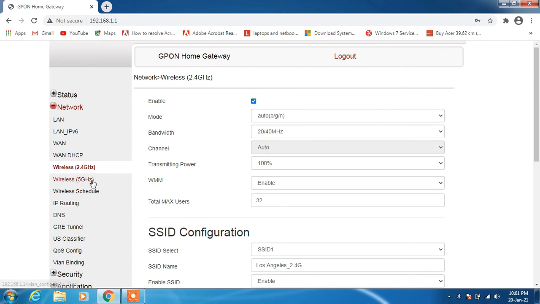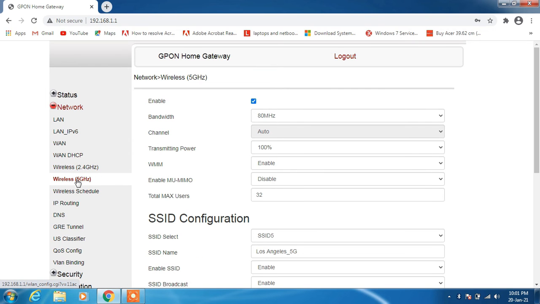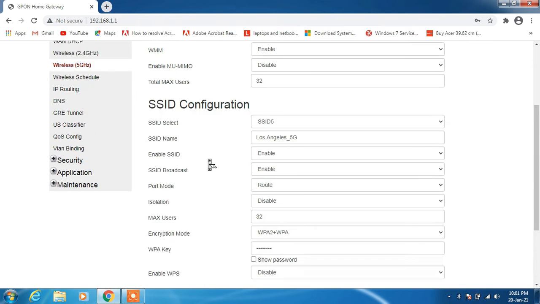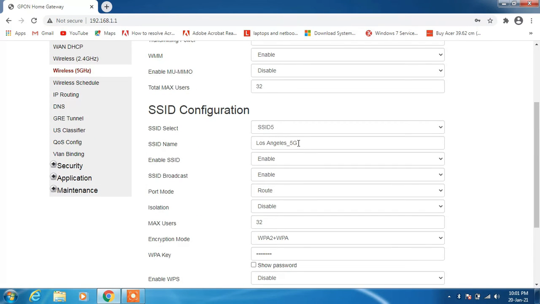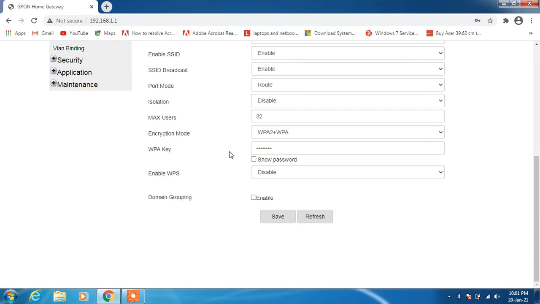Similarly, now click on the wireless 5G option on the left hand side, and now go to the right hand side, go down and you can see the SSID name Los Angeles 5G here. Now to change its password, go to this WPA key, check this show password option, select the old password, delete it, and type the new password.